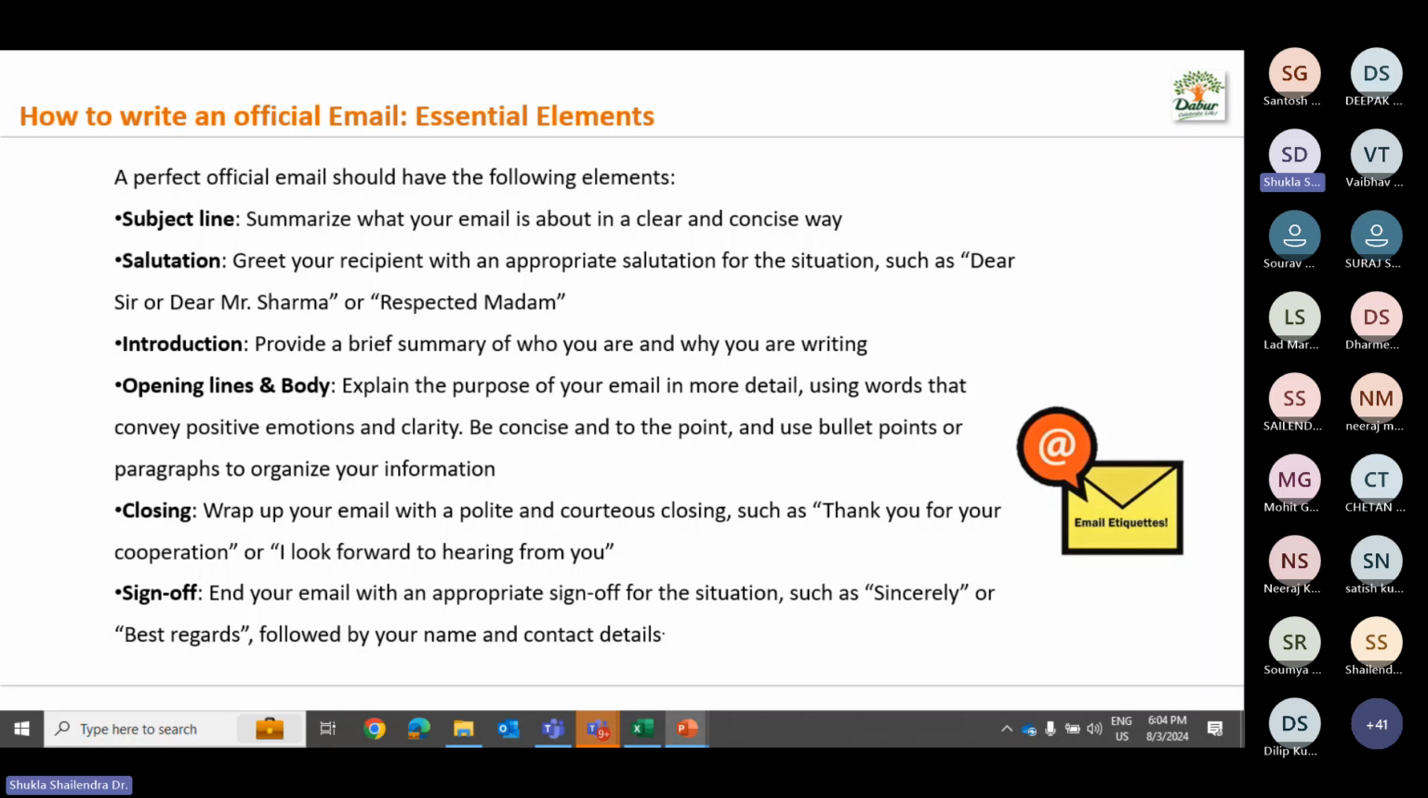How to write an official email? The essential elements: a perfect official email should have the following elements. Subject line: summarize what your email is about in a clear and concise way. Okay, the subject is much more important. If you are not putting a very nice and crisp subject, people are not going to respond to your email, because